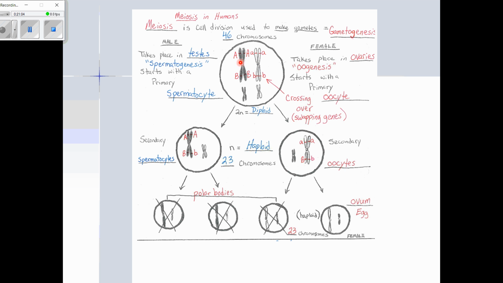And what that means is your homologous pairs of chromosomes, like these 2 chromosomes, that's a homologous pair. These 2, that's another homologous pair. They actually shuffle genes back and forth. They literally exchange pieces of DNA with one another. The genes switch places between the chromosomes. So I just made up some genes, big A, big B, little a, little b. Maybe this is the gene for tall, this is the gene for short. I'm just making this up. Maybe this is brown eyes, maybe this is blue eyes. The point is,